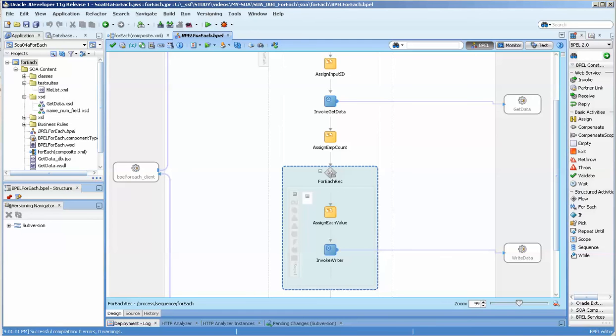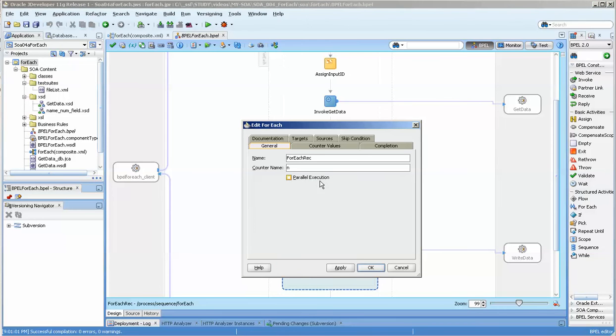Hello. In tonight's video, we're going to be examining the ForEach activity, which is a replacement for the flow-in activity. In BPEL 2.0 projects, the ForEach activity can be used both sequentially and with parallel execution, and we will examine both. First, we'll do the